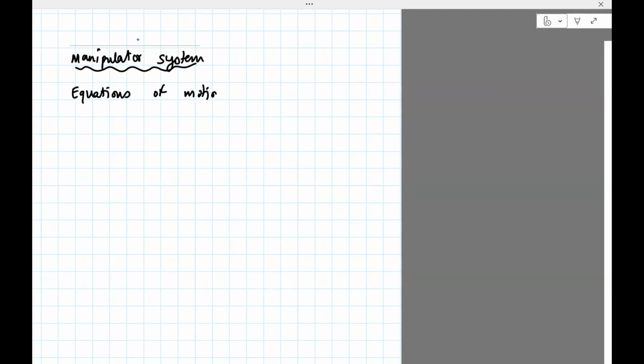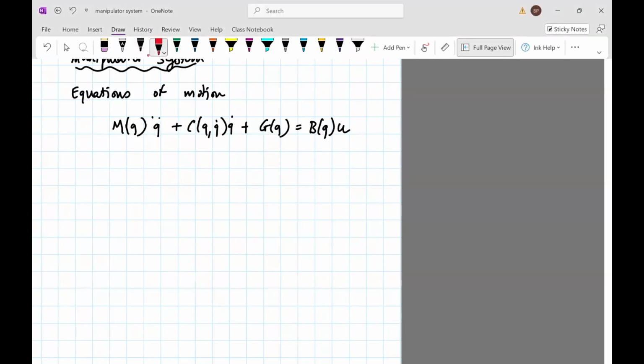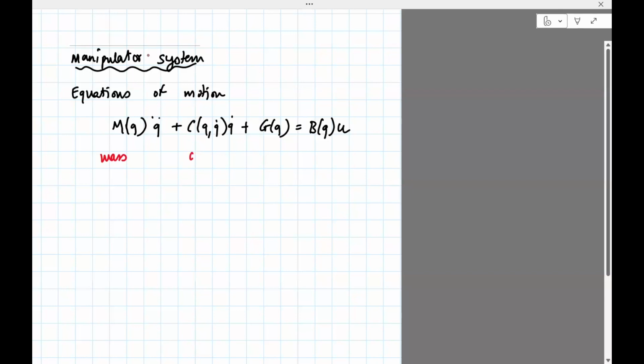The equations of motion for a manipulator are something like this. We've done this before: M(q) q double dot plus C(q, q dot) times q dot plus G(q) equals, I'm going to write B(q) times u. I'll say why I'm writing that. So this is the mass matrix, Coriolis, gravity, and this is actually a selection